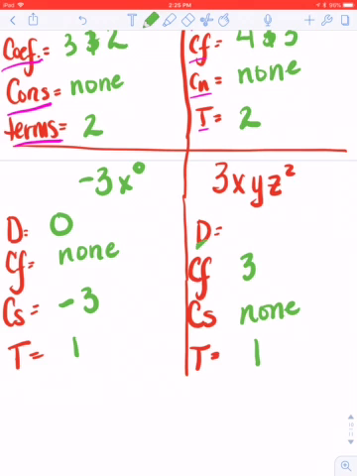This one's a little different. You can see there are multiple variables sitting there. So I assume the x has an exponent of 1 and the y has an exponent of 1. So to find the degree, if these are all multiplied together, I would add them up. So 1 plus 1 is 2. Now you're going to see